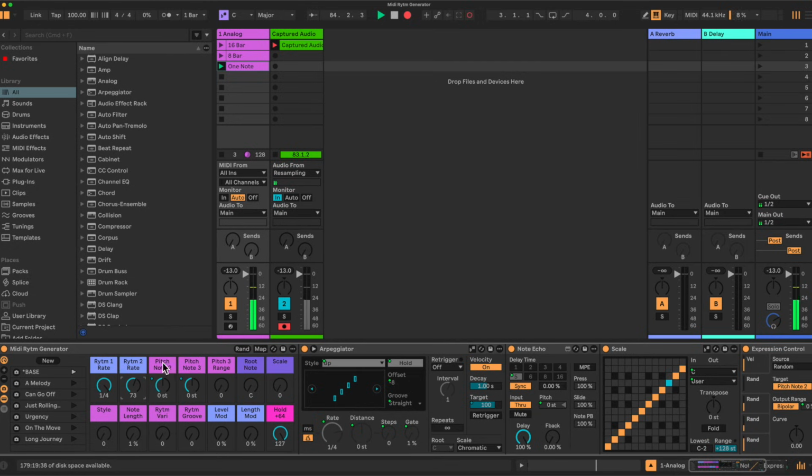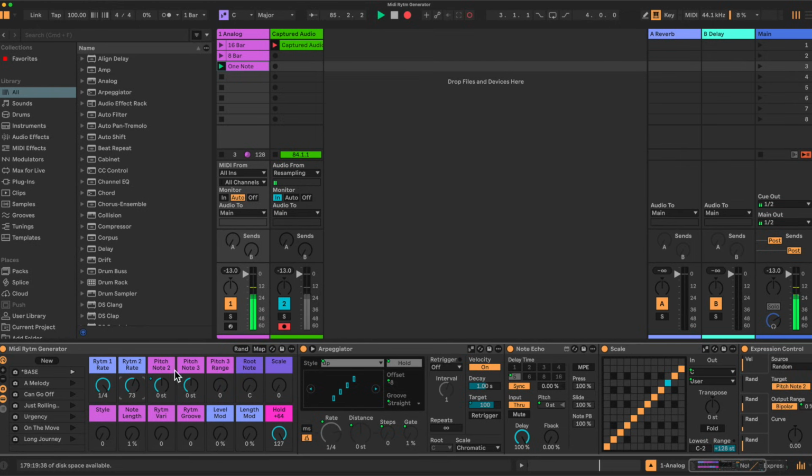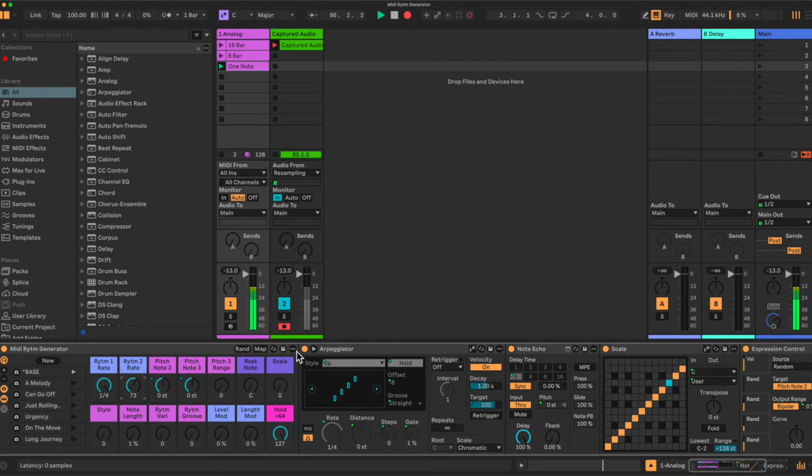And then we have control over some additional pitches. So we have the pitch coming into the arpeggiator. We have this note echo, which if I adjust here, I believe it's this one. No, sorry, it's the other one. Of course, this one here allows us to adjust the pitch of the repeated note. So now we've introduced the second note. This one here